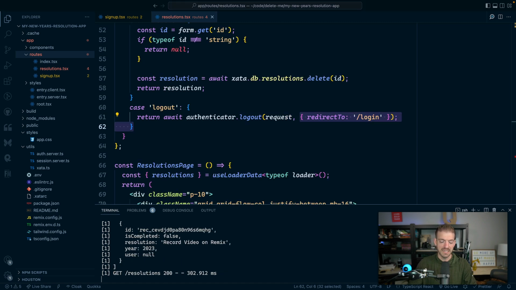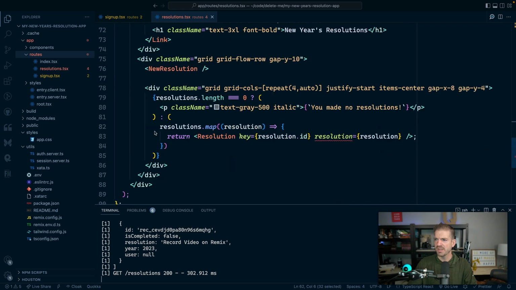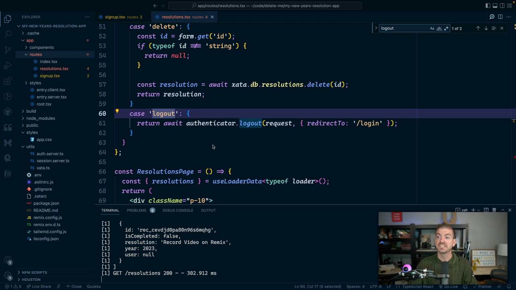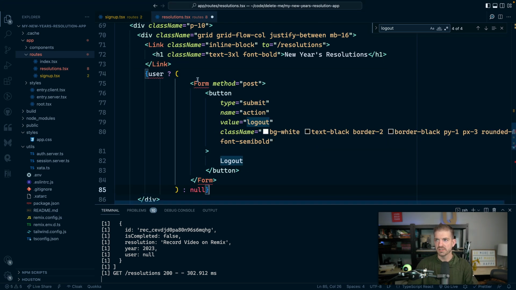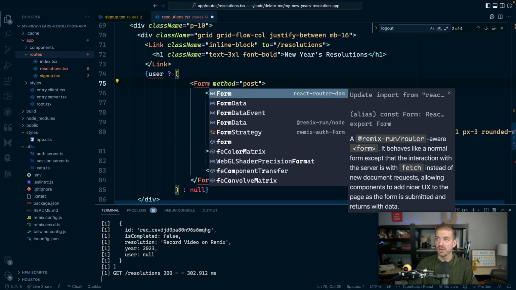So the next thing we need is the actual log out button. And in this case, I think we already have a check for this. Actually, we haven't added this yet. So this is going to go inside of a conditional statement underneath the New Year's resolution link. So I'm going to paste this in and we'll talk about what we're doing here. So one, we are going to pass in the form